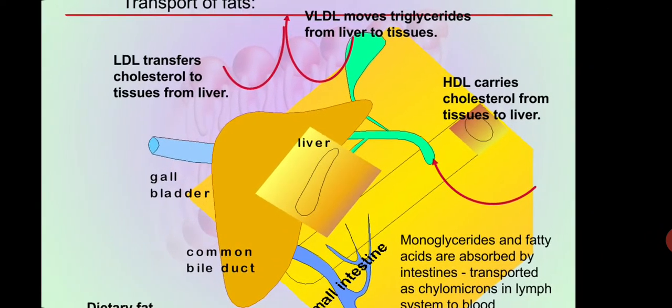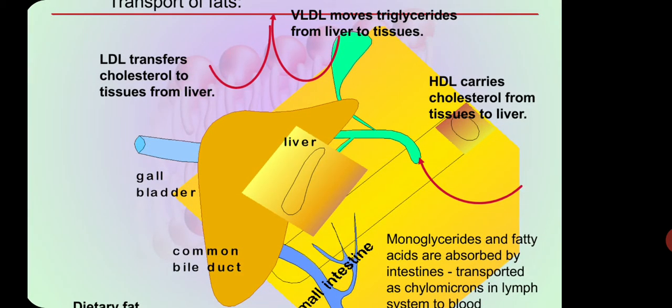This diagram, dear students, is going to tell you more about the movement of fats inside your body. When fat enters the body, I told you that fats are not soluble in polar solvents, but your internal environment is totally aqueous in nature. So when you consume fat, its movement needs to happen in a certain aqueous vehicle. What are transporters? Transporters are the vehicles which carry things from one location to another. Similarly, your body,